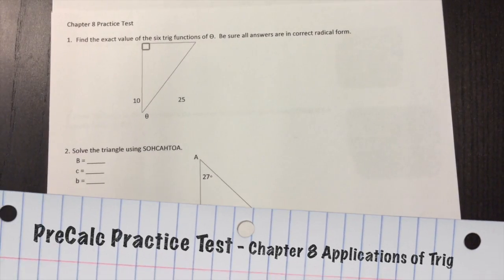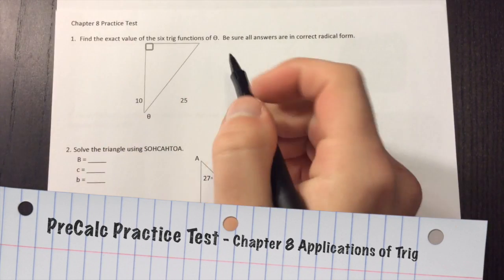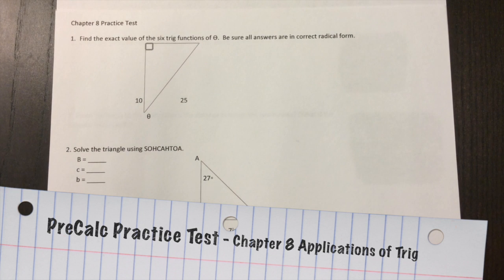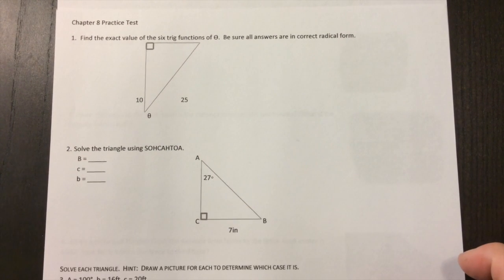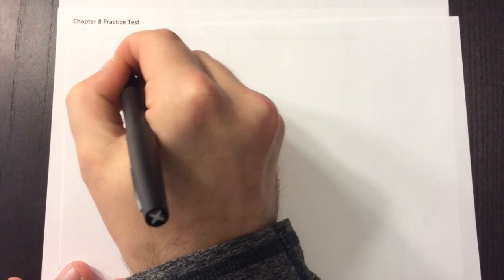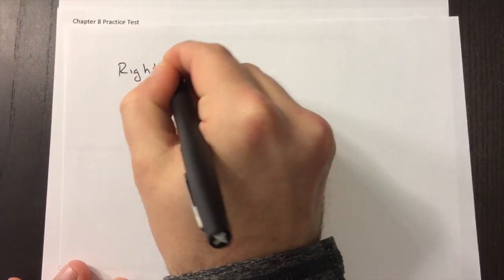All right, welcome back. Here is the Chapter 8 practice test that we're going to go through. It covers right triangles, law of sines, and law of cosines. So just a quick refresher before we get started. So for right triangle trig,